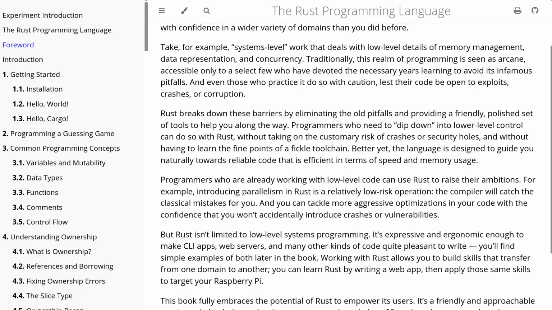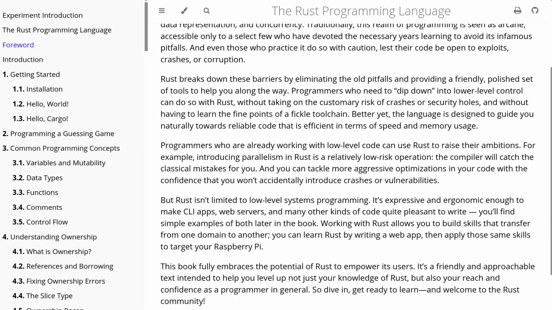Anyway, have devoted the necessary years learning to avoid its infamous pitfalls. And even those